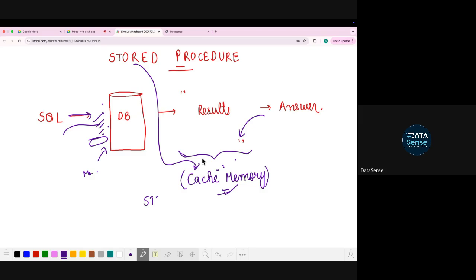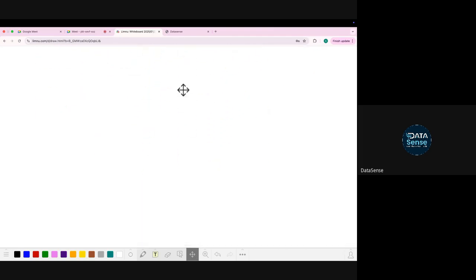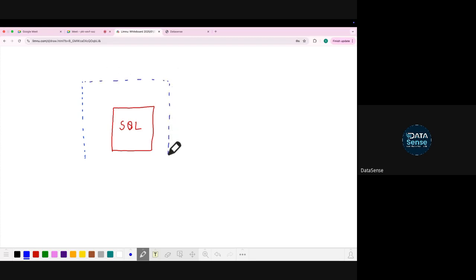So what do we do in a stored procedure? Let's say we have this SQL code which you generally write. We keep this code into a wrapper, or a container, or whatever you want to call it, which is called a stored procedure.